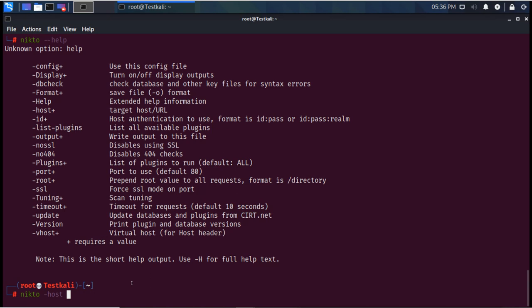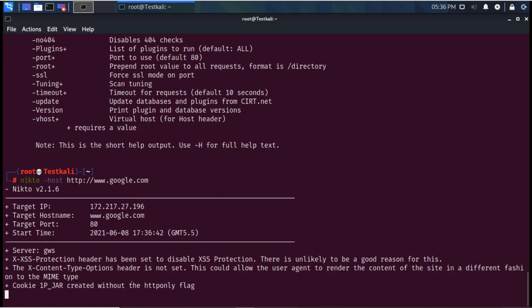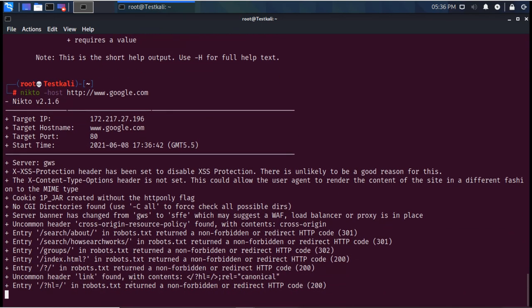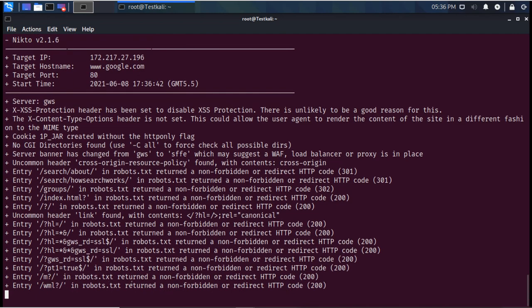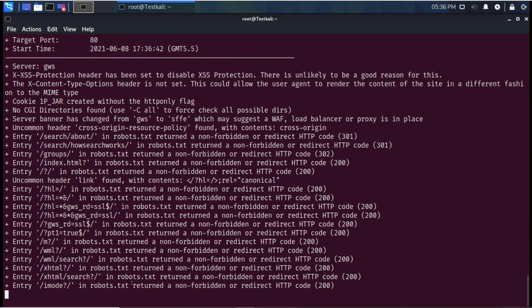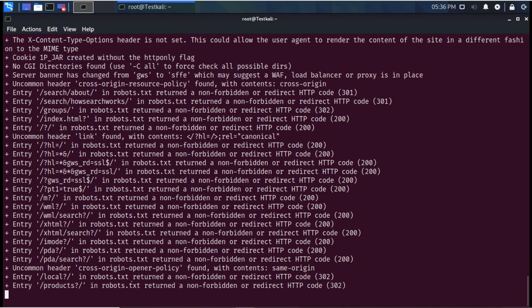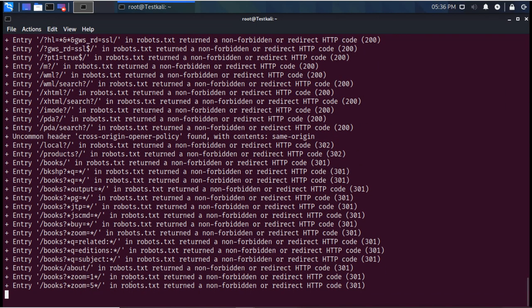For example, I will try to scan google.com, and now it is trying to scan the site for vulnerabilities. And if it finds any, it will show you here.